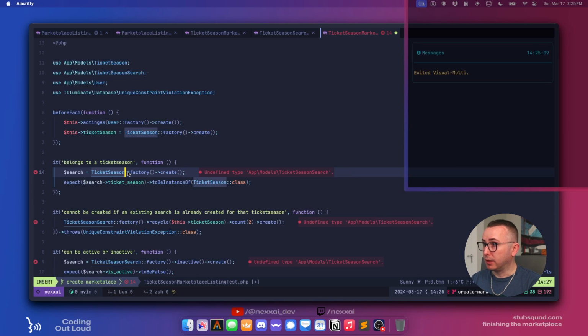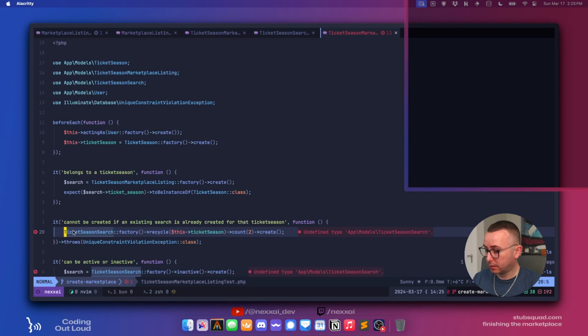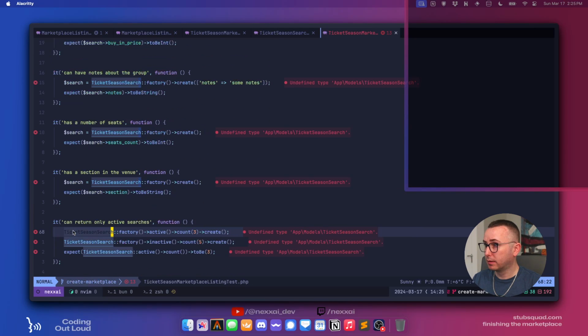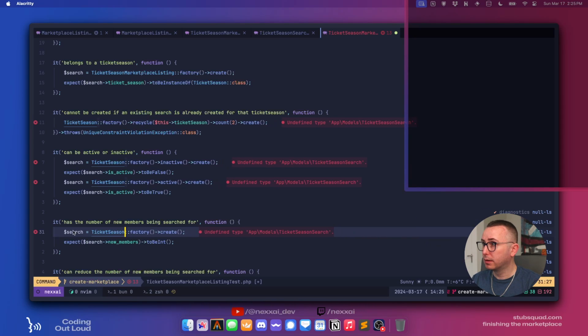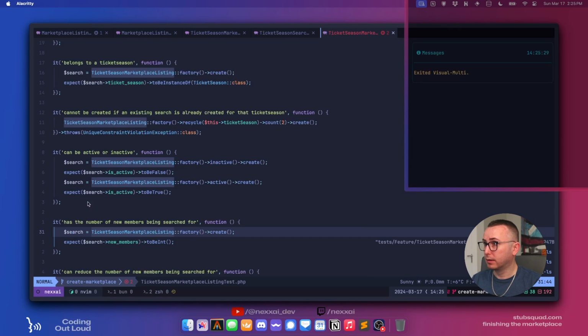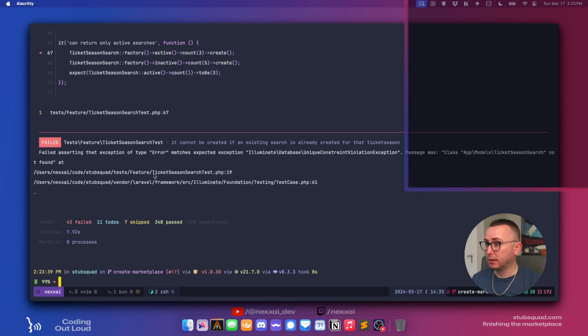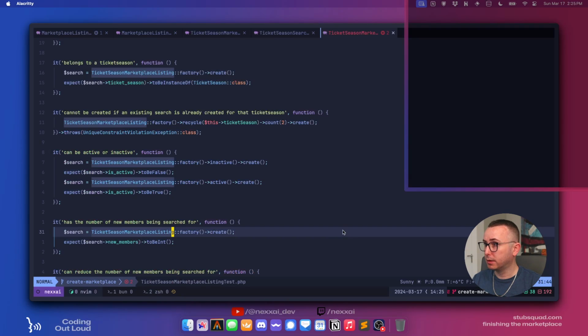Okay, we'll do it manually. Ticket season marketplace listing. Okay. Then we won't have to do the import. Season marketplace listing. Okay. Now let's rerun our tests here and see how many pass. Cannot use blah, blah, blah, because the name is already in use on line 5.